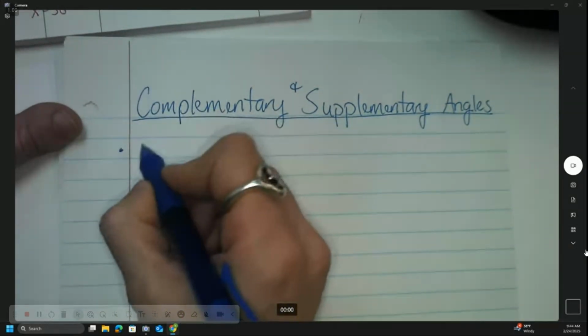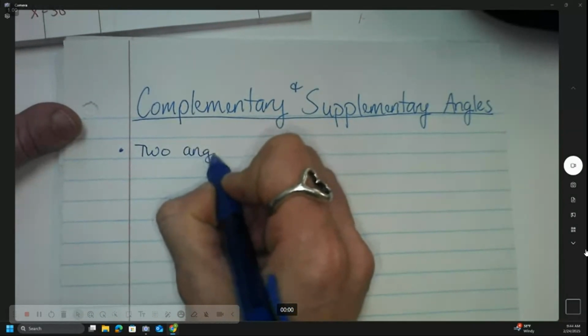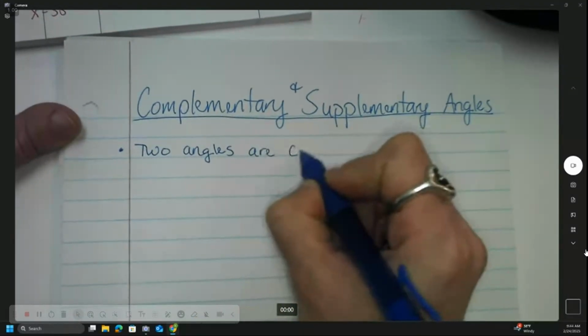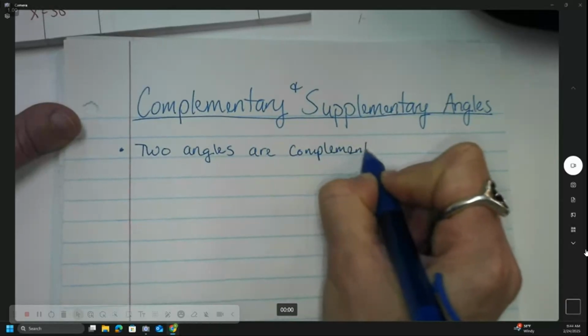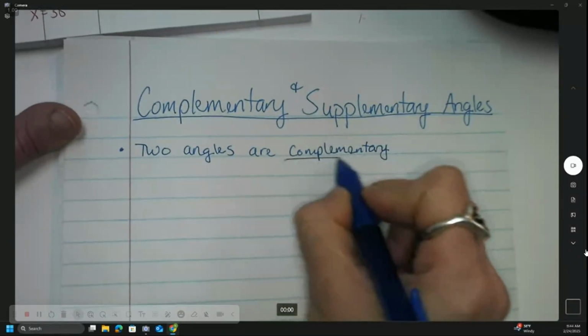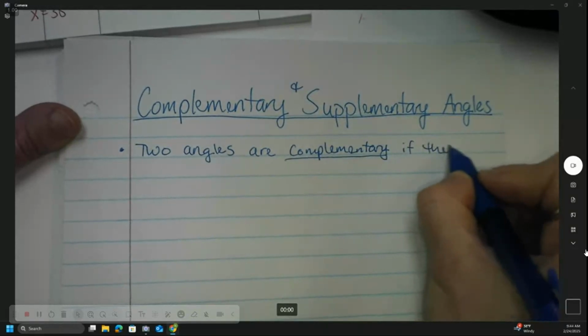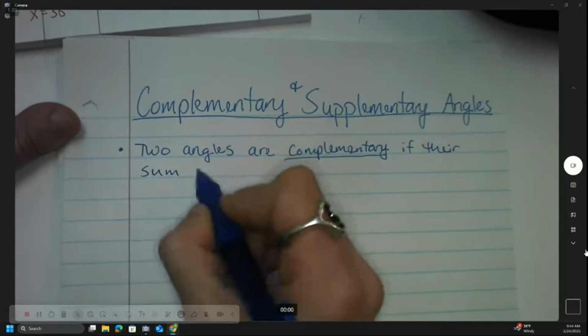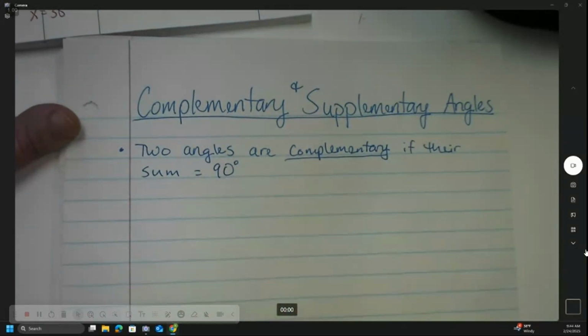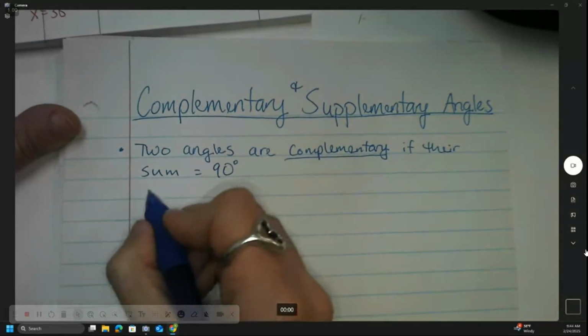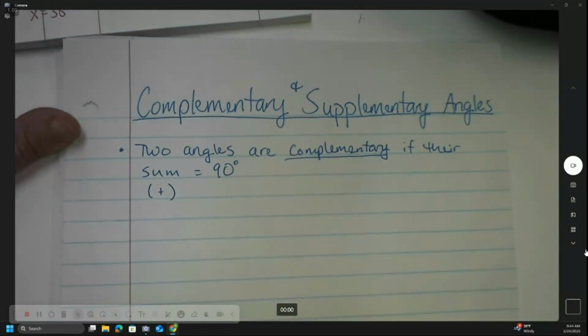It's a vocab word. Two angles are complementary if their sum equals 90 degrees. Sum is the answer to an addition problem. So when two angle measurements are added together and they equal 90 degrees, that means that they're complementary. So if I see an angle that's 80 degrees and another angle that's 10 degrees, those two angles are called